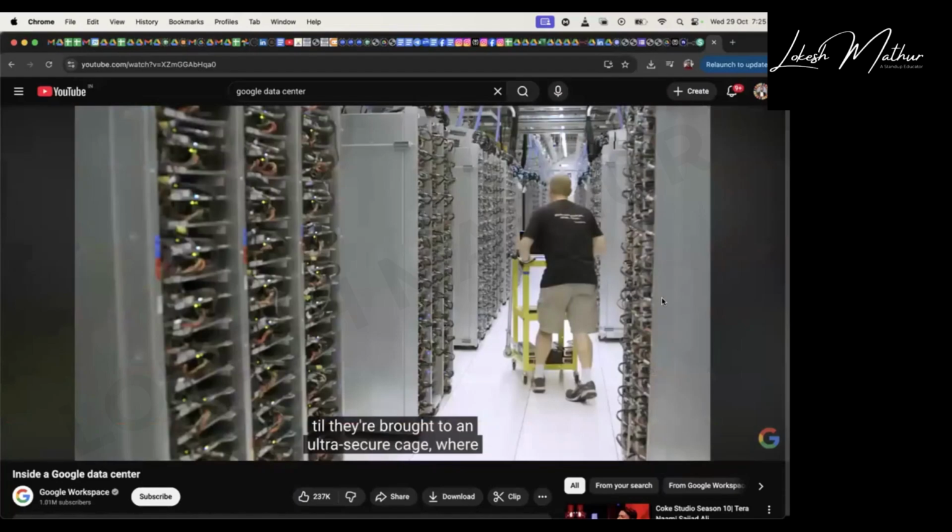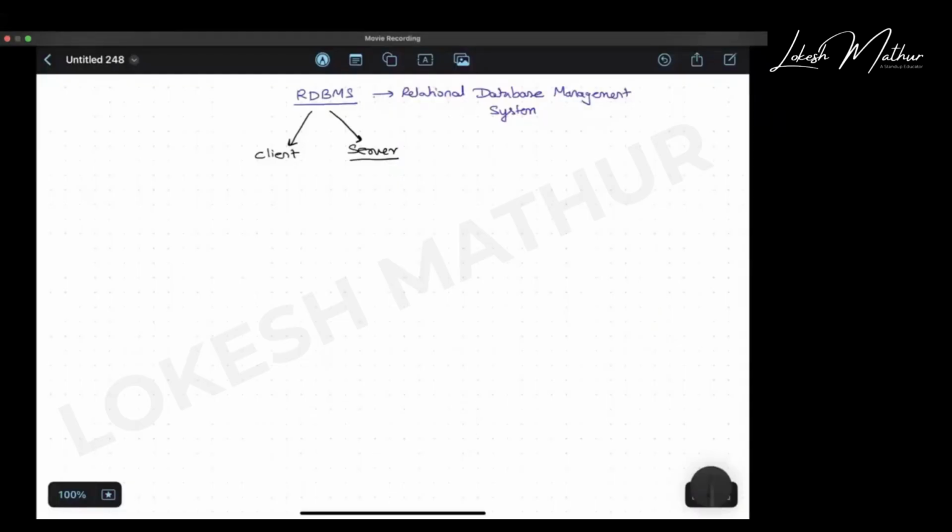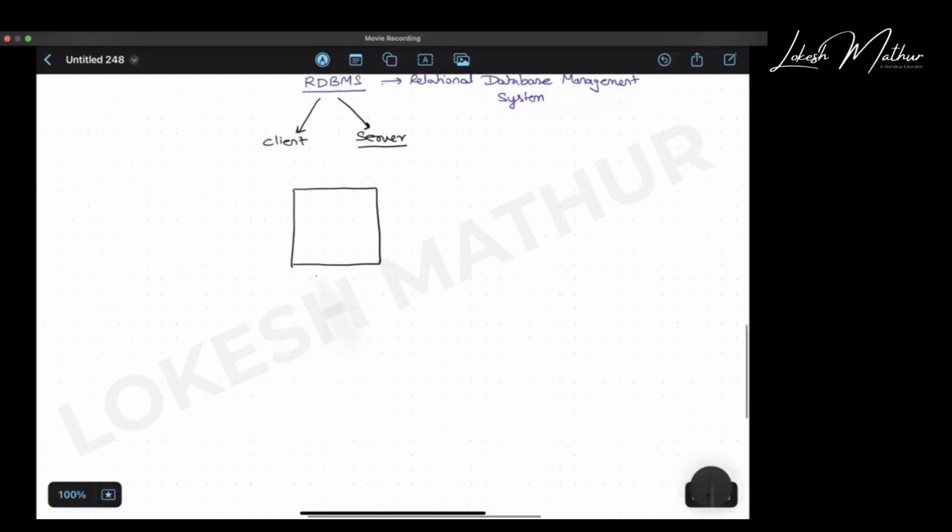A server is basically a centralized place where multiple computers are connected together in a series to form a huge processing power and storage capability. So let's say this is a server and this is a huge building, and in this huge building there are multiple computers connected together, and all these form what is known as a data center.